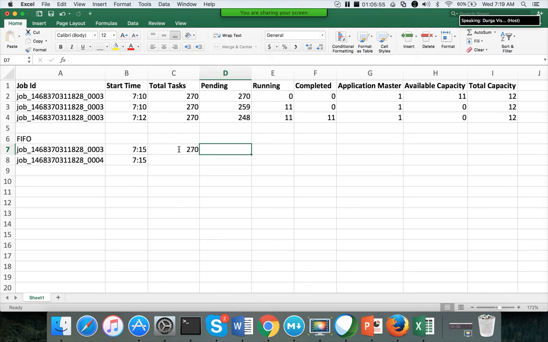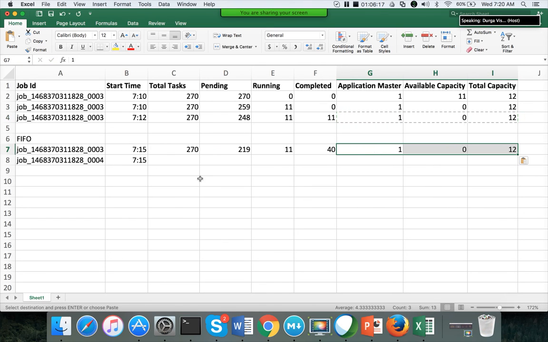So 40 tasks are completed, and 11 will still be running at 7:15 when this 4 is submitted, and pending will be 40 plus 11, 51, so 219 will be pending. And the rest of the stuff will be the same, and you have submitted an additional job at that time.